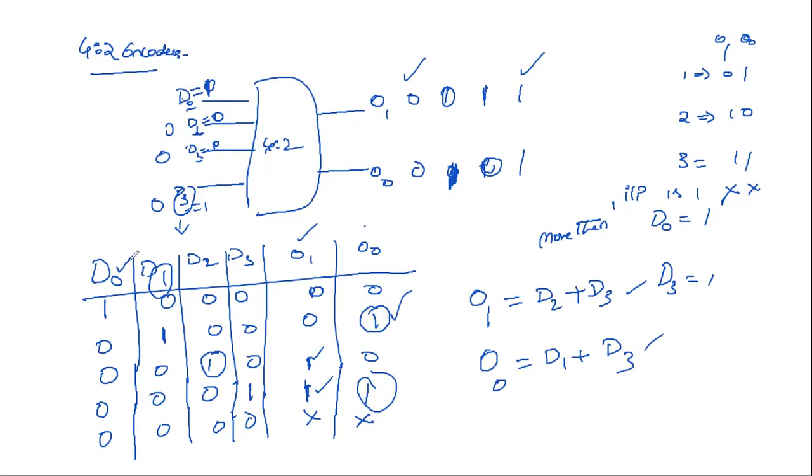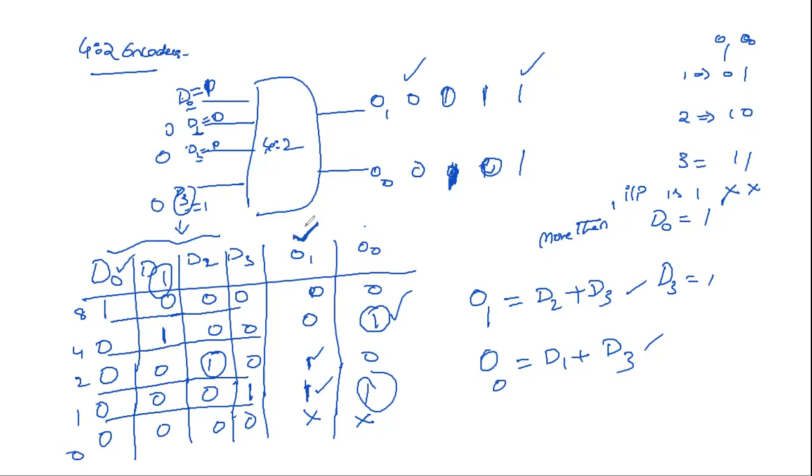This is the generalized expression. So for 8 to 3 or 16 to 4, you can find it like this only. But using K-map, here we have only 4 inputs. So using K-map also, do we get this expression or not? Let us check. Let us write the indexes. 1 0 0 0 means 8, right? 0 1 0 0 means 4. 0 0 1 0 means 2. 0 0 0 1 means 1. 4 zeros means 0.